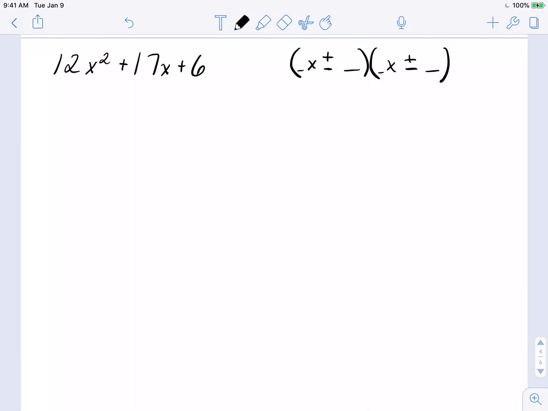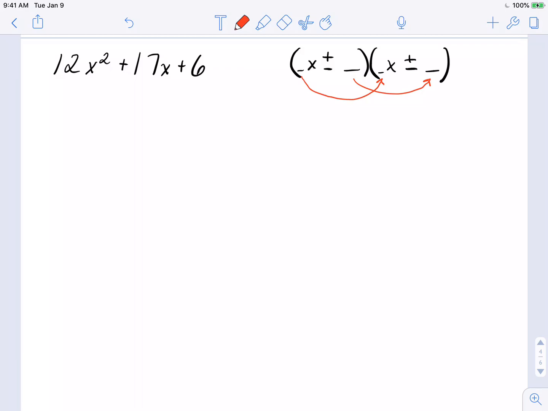But using the distributive property, we get our 12x squared by multiplying these two, and we get our 6 by multiplying these two. So if we can figure out the factors of 6 and 12, we can narrow down what numbers those might